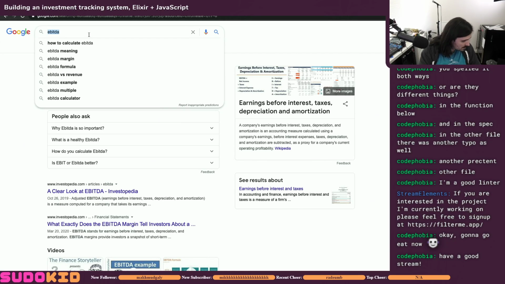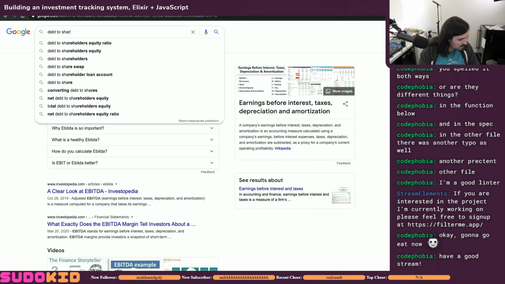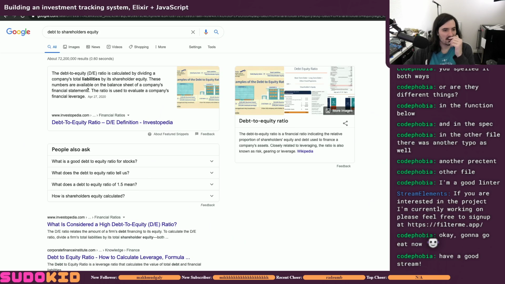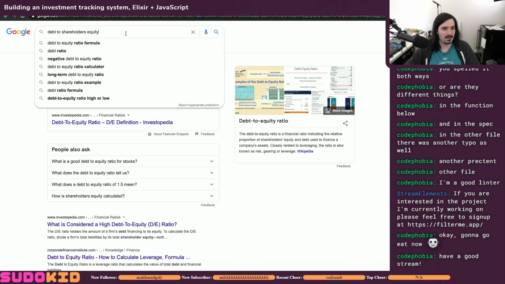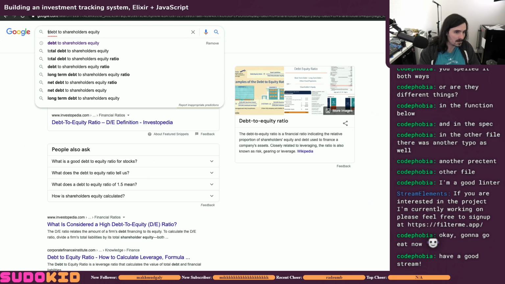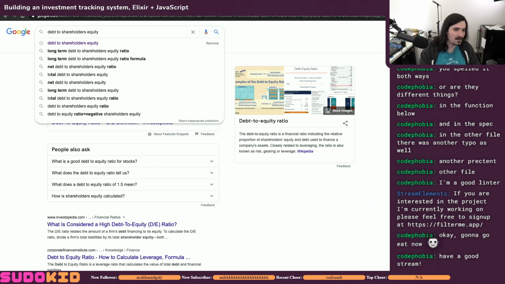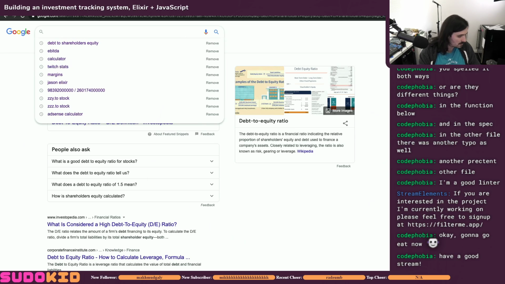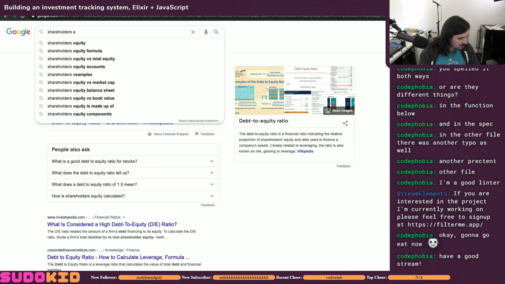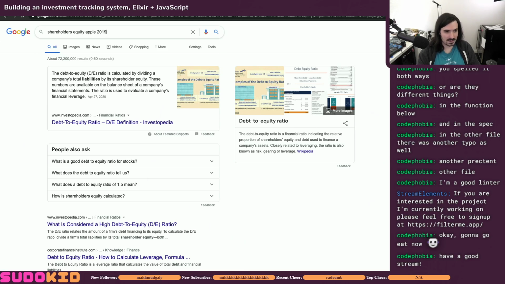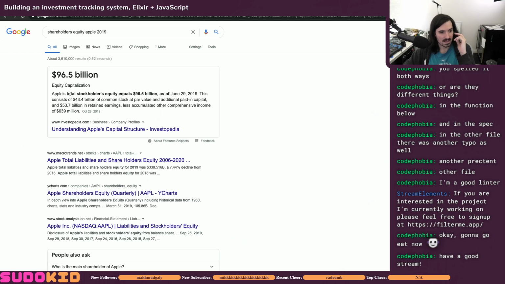I know. There's got to be another one for us. Debt to equity. Apple 2019. Apple's total stockholder equity is, as of June,